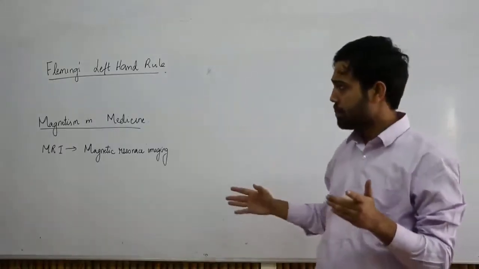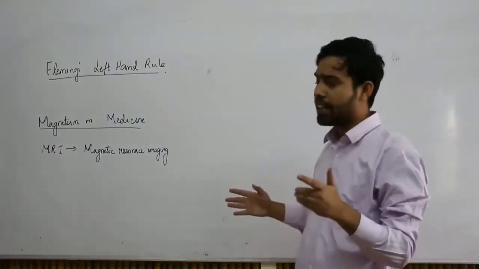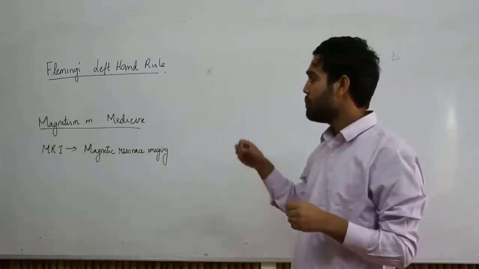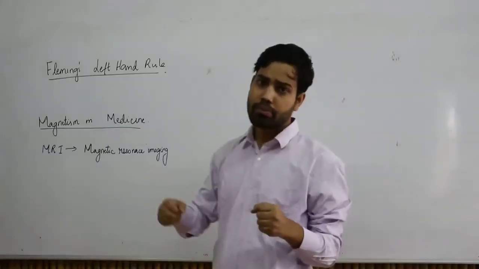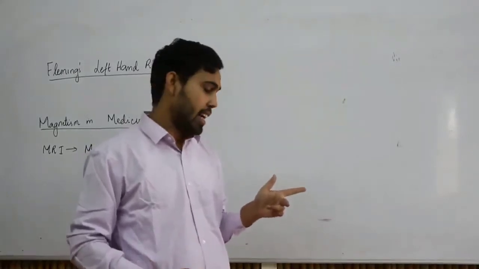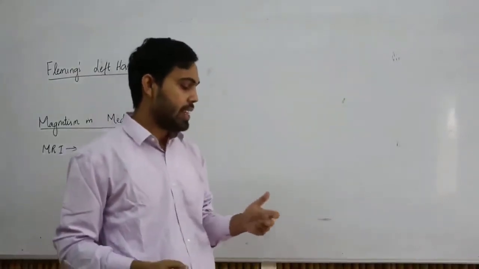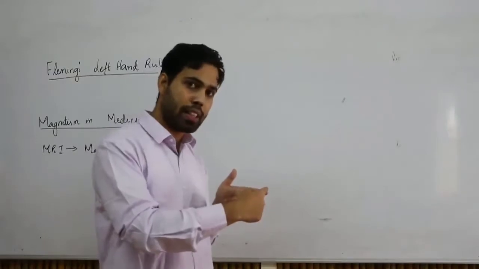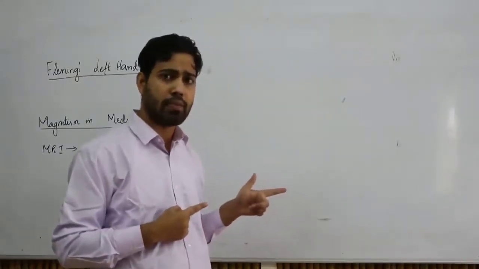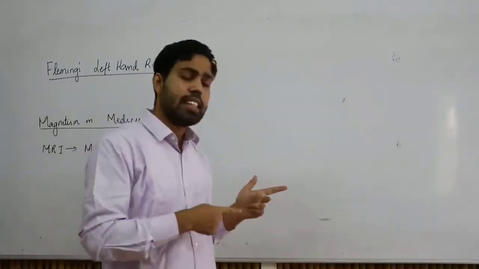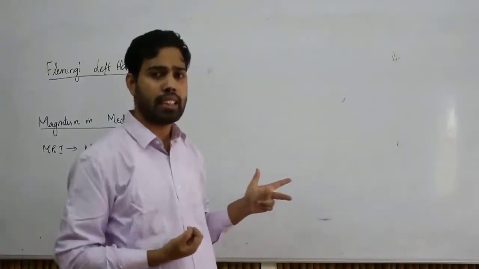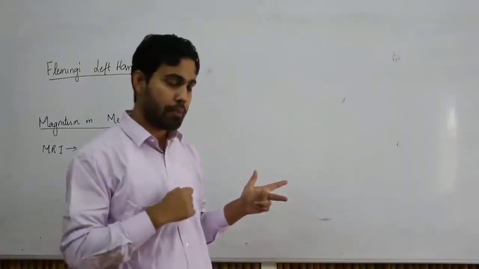It is difficult for us to predict the direction of motion if we do not have some idea. So to make things simpler, I am using Fleming's left hand rule. For Fleming's left hand rule, I use my left hand. What this rule says is that if the forefinger is pointing in the direction of magnetic field, and the middle finger is pointing in the direction of electric current, then the thumb will point the direction of motion of the conductor.